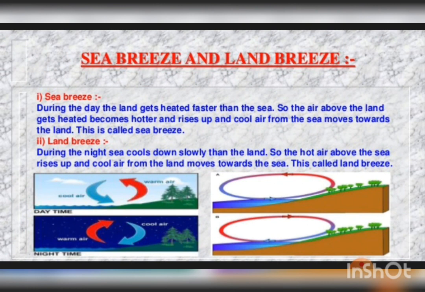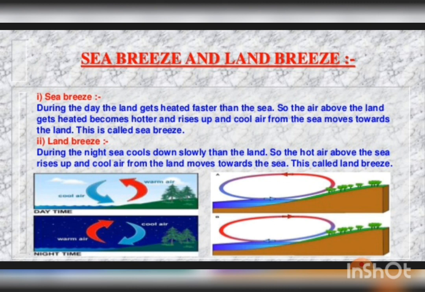Now sea breeze. During the day the land gets heated faster than the sea, so the air above the land gets heated, becomes hotter and rises up, and cool air from the sea moves towards the land. This is called a sea breeze. Now hot air is always light because there is no moisture in it, so it is lifted up,